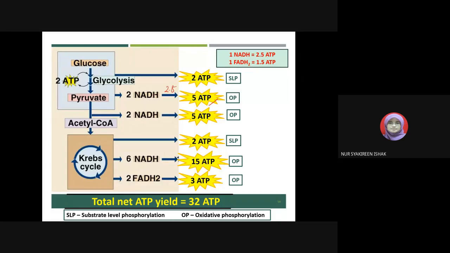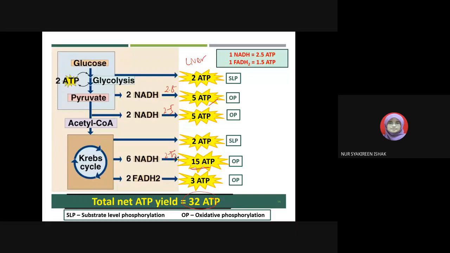Ini masa citric acid cycle lah, betul lah. Kali dengan 2.5 dapat 5, 6. Kali dengan 2.5 dapat 15. So all akan yield 32. Ini dalam liver cell. Kalau dalam brain cell,